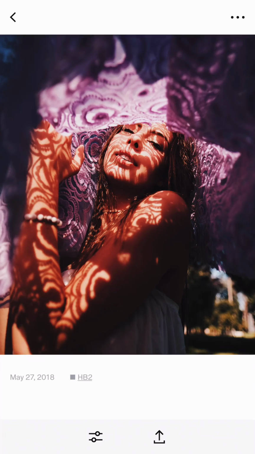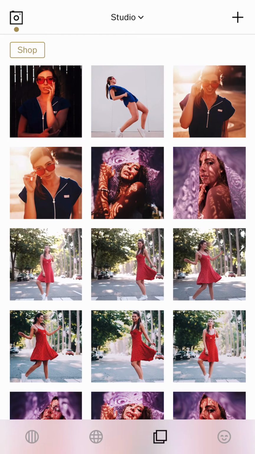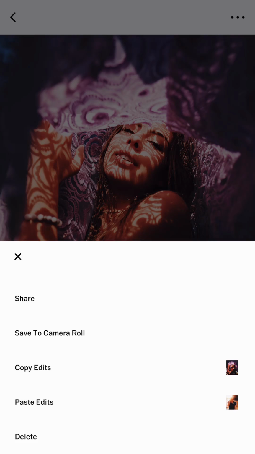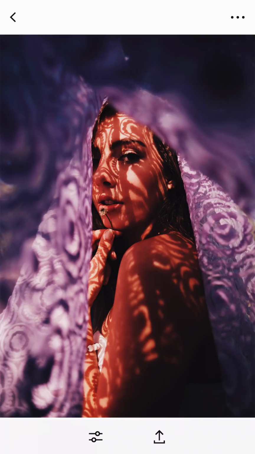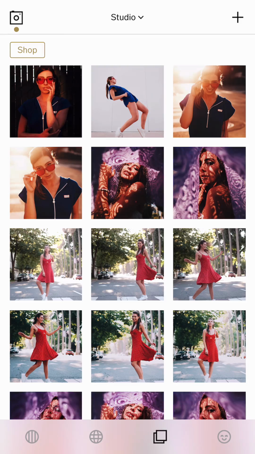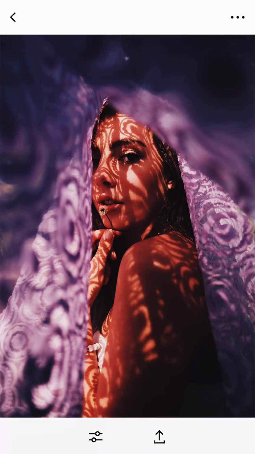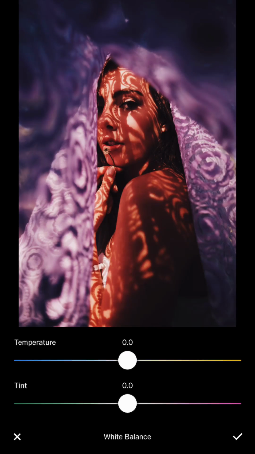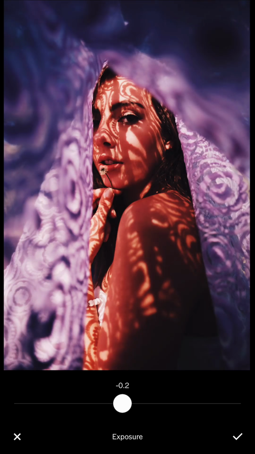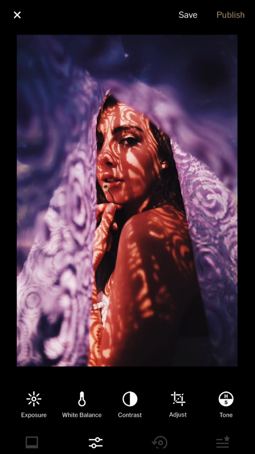So that's about that, because I like the contrast of the dark, so I will copy the edit. Next one, paste it into here. It is too dark because, sorry, I closed the app, and it was too dark for this one. I will reduce the temperature, increase the exposure a little bit more for this one,